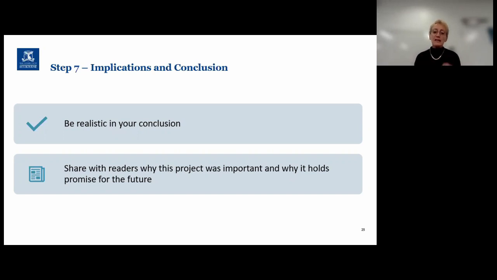What people are interested in is understanding specifically why your project was important and why it holds promise for the future, or how this research might be further expanded, because sometimes what you're presenting might just be a small case study, or it could be a pilot project, and you want to be able to think about how this might have impact or influence perhaps the delivery of service or one aspect of service within